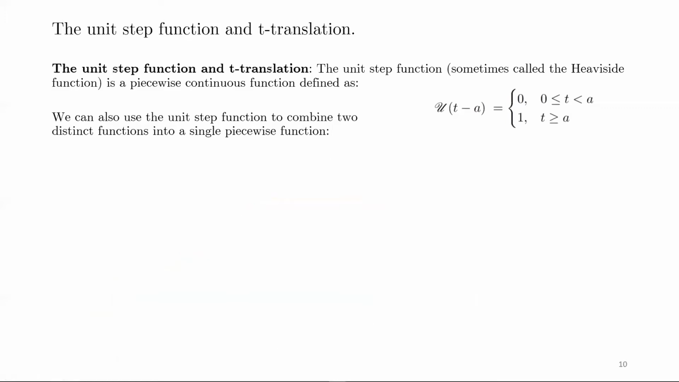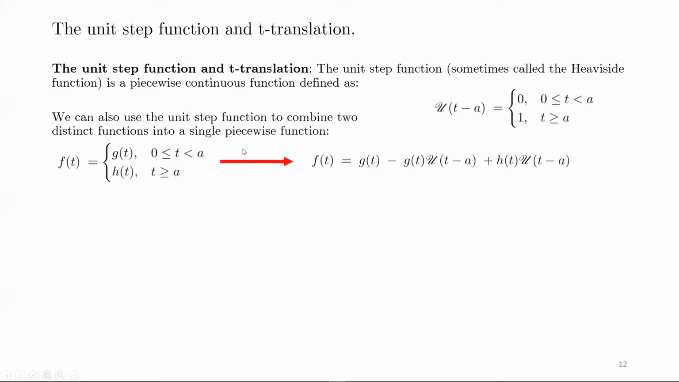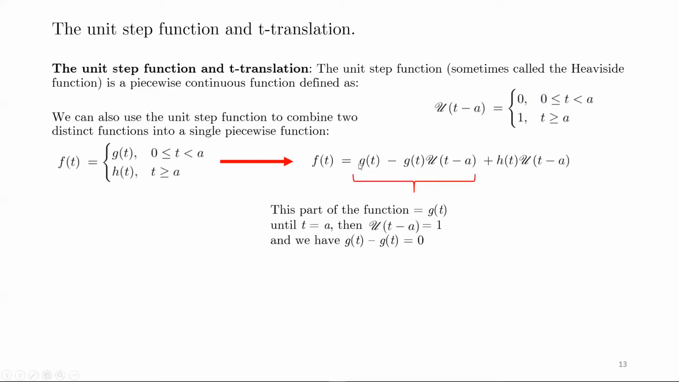Okay, we can also use the unit step function to combine two distinct functions into a single piecewise function. So for example, if I want the function f of t to be equal to some function g of t when t is between 0 and our number a, and then equal to h of t, so some separate function, when t is greater than or equal to a, then I can write this as g minus g times u of t minus a plus h times u of t minus a. Okay, how does this work? Well, this first part here,